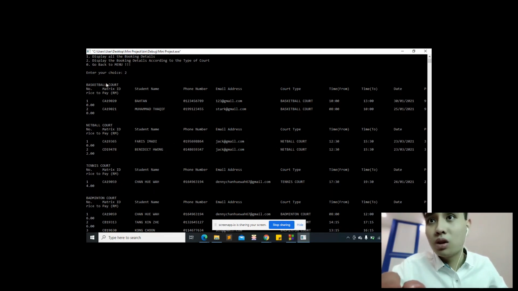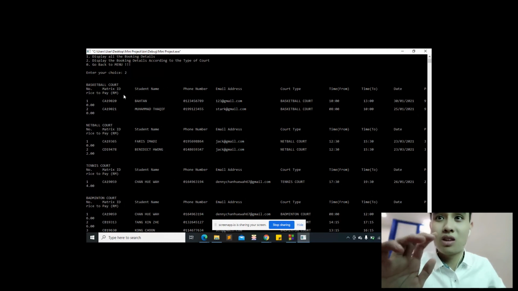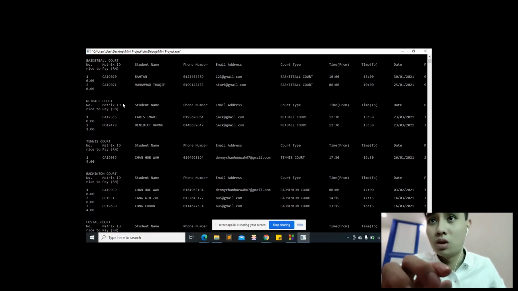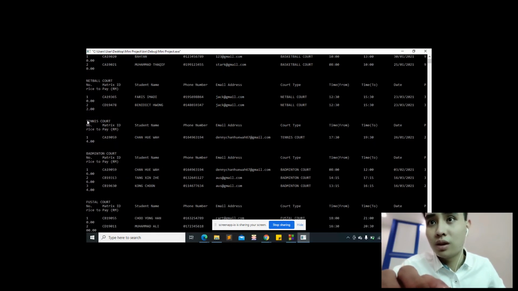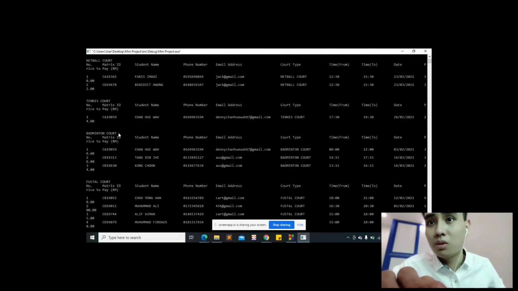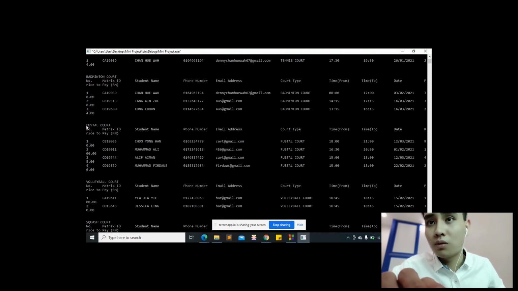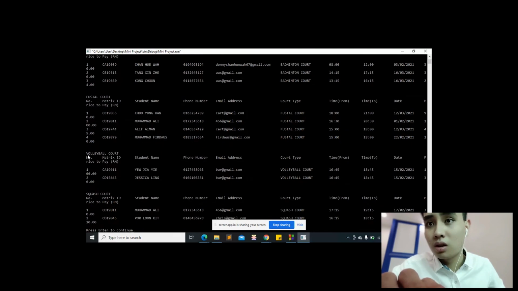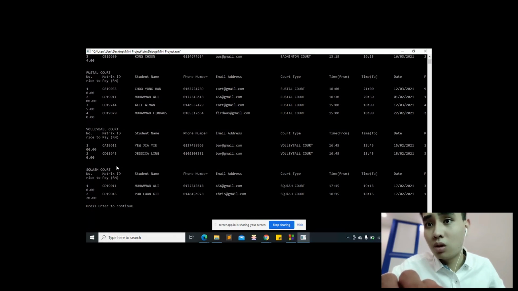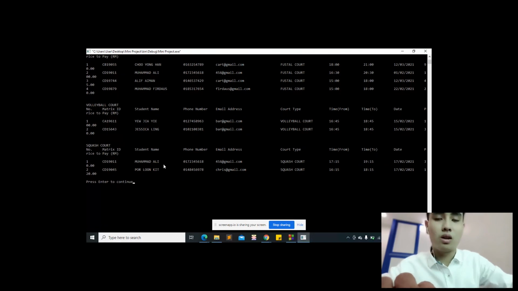The first one is the basketball code. 2 people booked the basketball code, and the arrangement is sorted by matrix ID, in ascending order of the number. The netball code, 2 people, also in ascending order. Tennis code, badminton code, football code, volleyball, squash. Okay, that's all.